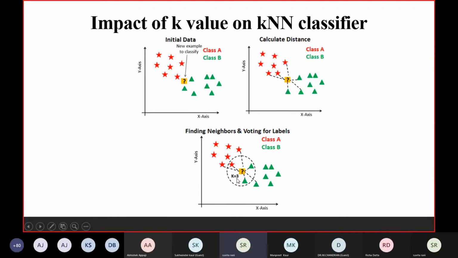So basically, the k value depends upon what type of data we feed into the classifier. So we have to tune the k value based on the data type. In general, if we have two classes, then the value of k should be an odd number. So in this example, the class has two values, class A or class B, and k is taken as 3, but it is not guaranteed that this is an efficient or good value of k to classify all the unknown data into class A or B.